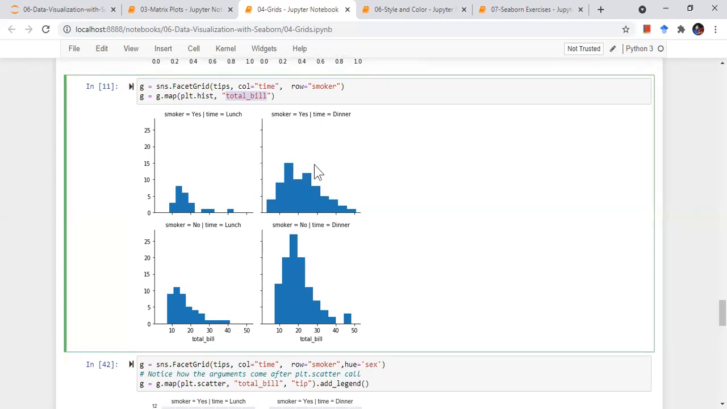These two plots in this row are both for smokers: smokers lunchtime, smokers dinner time. Then non-smoker lunchtime, non-smoker dinner time. And what we are plotting is the total bill. So what is the total bill for smokers in the lunchtime? This is the total bill. What is the total bill for smokers in the dinner time? And we can clearly see that the bill for smokers during the dinner is more than the bill for smokers during